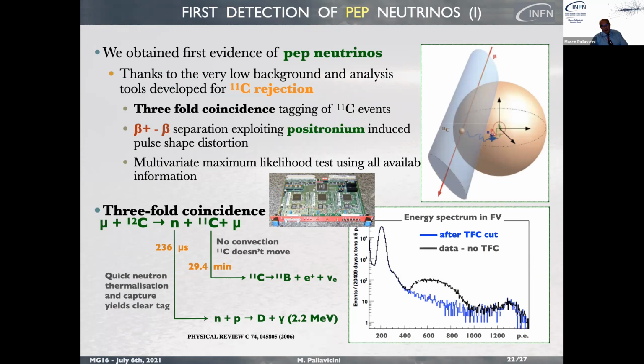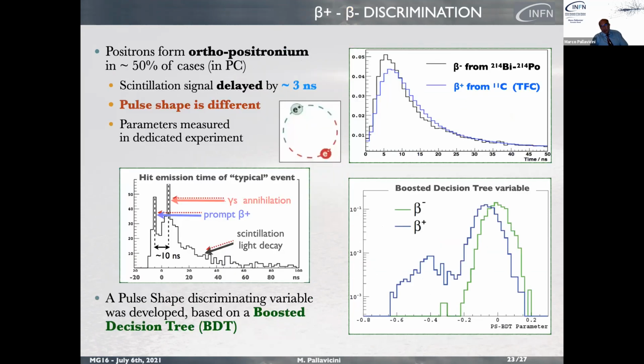That is important to identify carbon-11. Then you can decide, and we did both in several instances of the analysis, either you can cut, so you can remove the carbon-11, or you can use this information as part of a multivariate fit in which you use the capability to disentangle carbon-11 through this pulse shape. You see here that because of the fact that the positronium needs some time to be captured and then generate a scintillation light, there is a slight time difference profile between the beta and the beta plus, which say electron and positron, and this can be used to add some additional information that is beneficial to subtract or to take into account in a multivariate fit of the carbon-11 component,